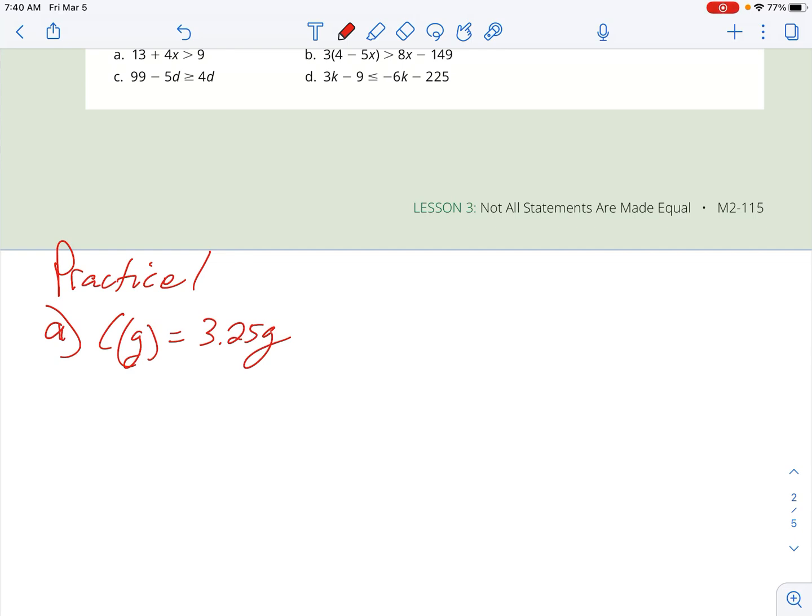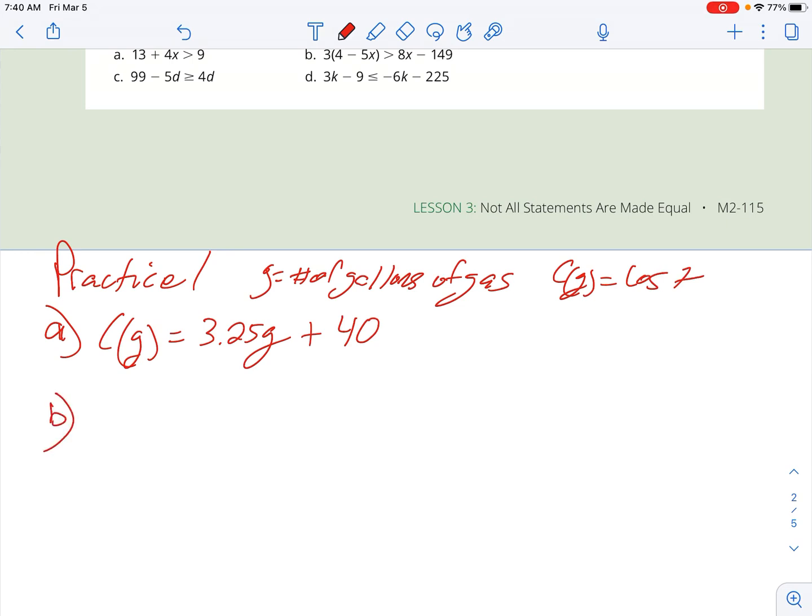You don't know how many gallons you're going to use, but we know it's $3.25. And we're also going to have to tack on the cost for food at $40. Now, I'm using G and C of G to represent, again, G for the number of gallons of gas,